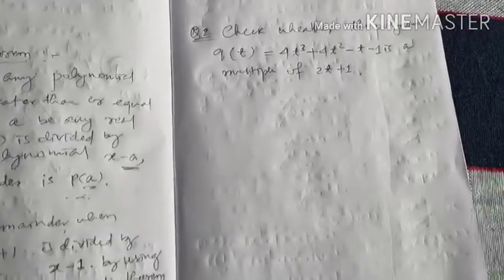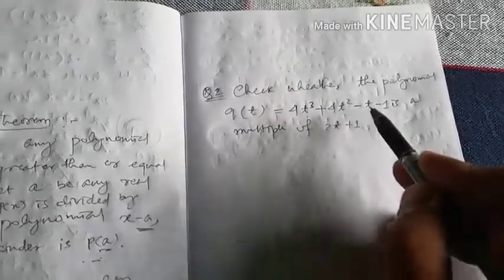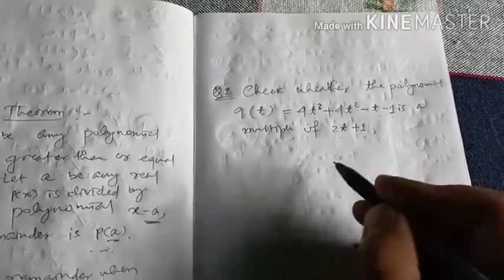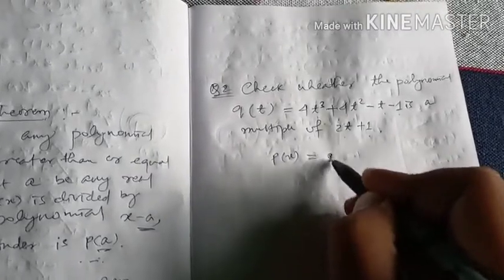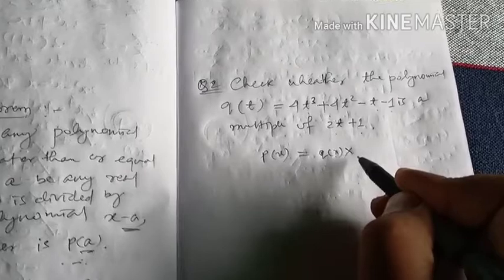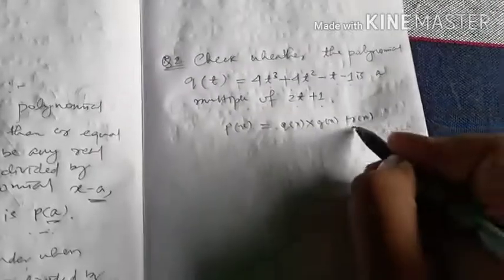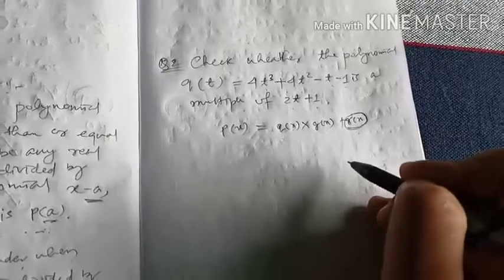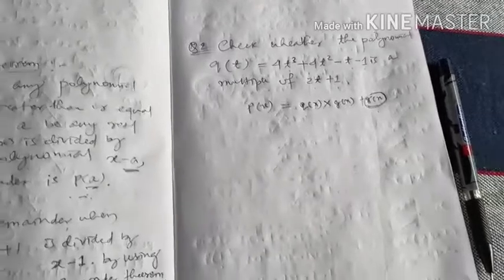Here it is written, check whether the polynomial q of t, that is 4t cube plus 4t square minus t minus 1, is a multiple of 2t plus 1 or not. So students, you know that we will write p of x is equal to q of x into g of x plus r of x. Here it is Euclid's division, and if r of x is equal to 0, that is if the remainder will be 0, if we suppose we will perform a long division and we will get the remainder as 0,